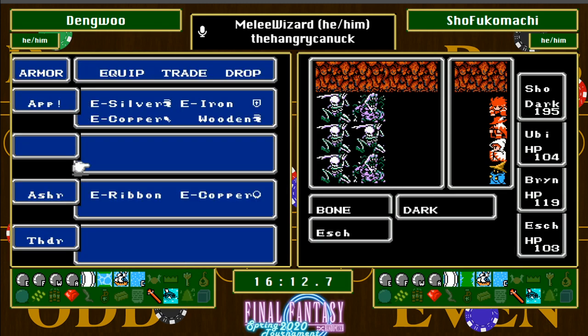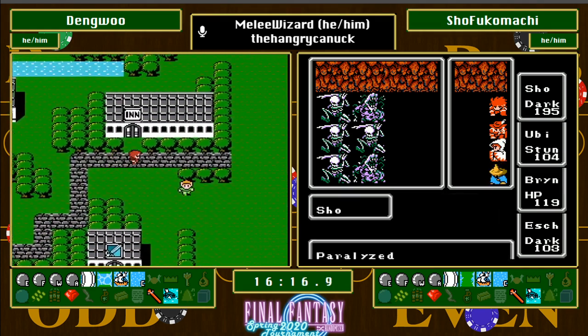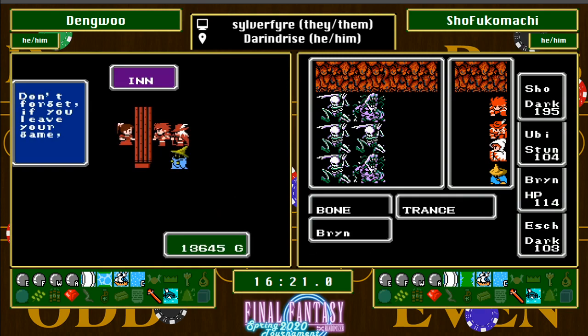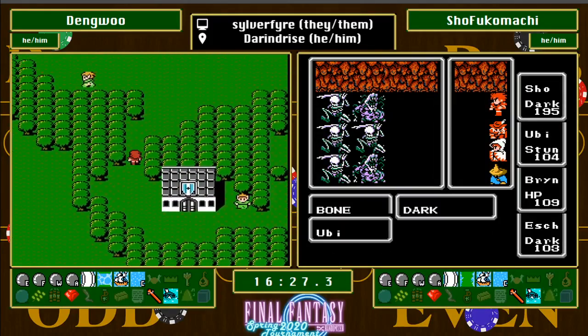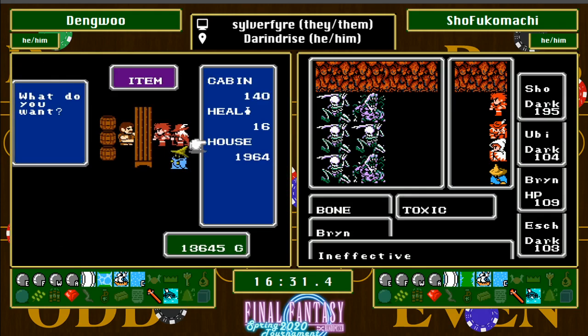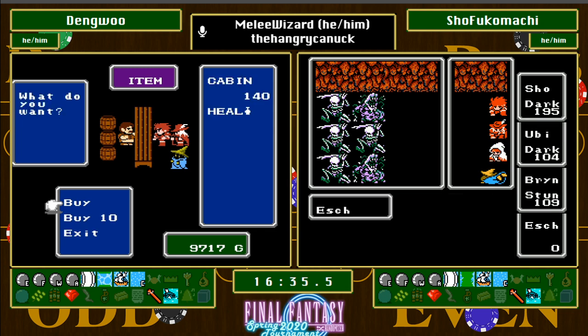Yeah, it looks like Sho's gonna get locked up again here. Yes, they both have the same ribbon. The first ribbon was in Temple of Fiends, so yeah, it was grabbed real early. Looks like Dengwoo's going to buy a couple of houses, and the one can only think he's going to make